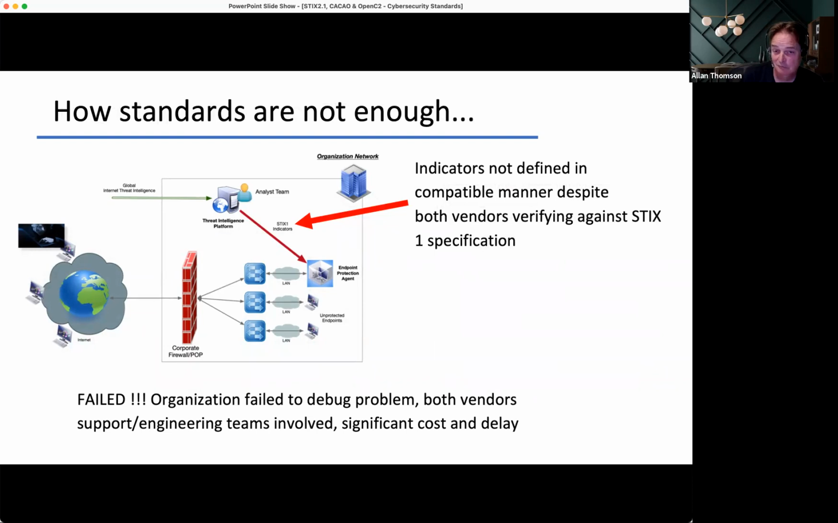And why didn't it work? Well, the organization that was trying to use these products didn't implement the products. They were told it works. They were told they were supported, and it didn't. And so what ended up happening was a fairly lengthy debug process, with escalation to both vendors, both support teams, and in the end, development teams having to get involved to debug why an indicator being shared from a TIP to an endpoint, that supposedly was all based on the standard, didn't work out of the box. And the result was